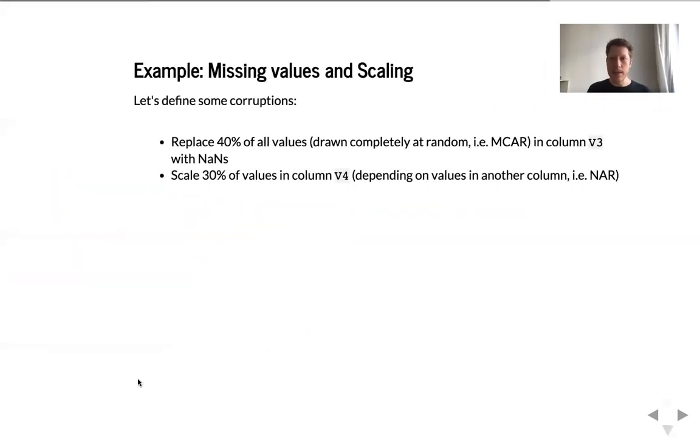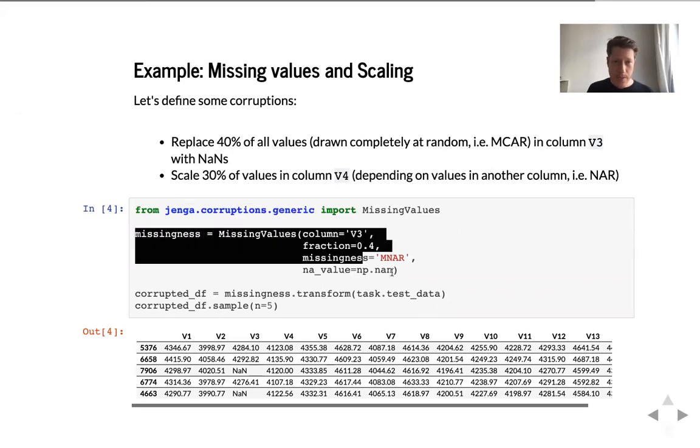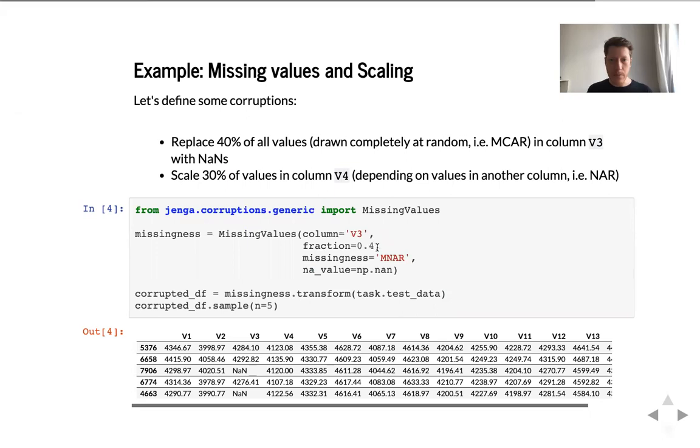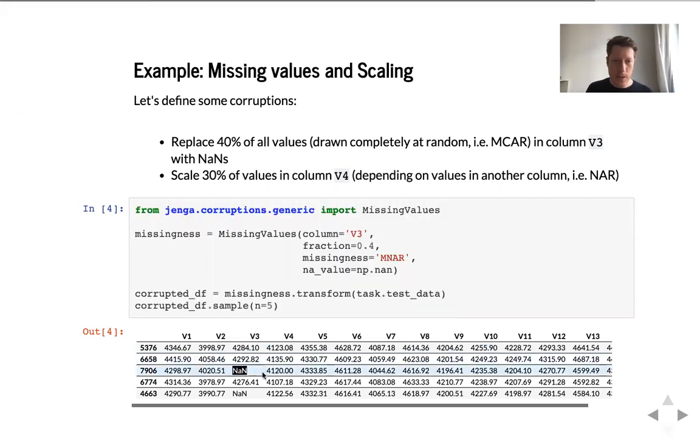Now, let's look at an example where we apply two types of corruptions, missing values and scaling. First, we replace 40% of all values, missing completely at random, in one column with nonce, and then we scale 30% of the values in another column, not completely at random. So here's how we do this missingness corruption. We just specify the missingness corruption, name of the column, fraction, missingness type, and placeholder symbol. We transform the data. Here we transform the test data of our task. And then we just look at the data, and we see here there are some